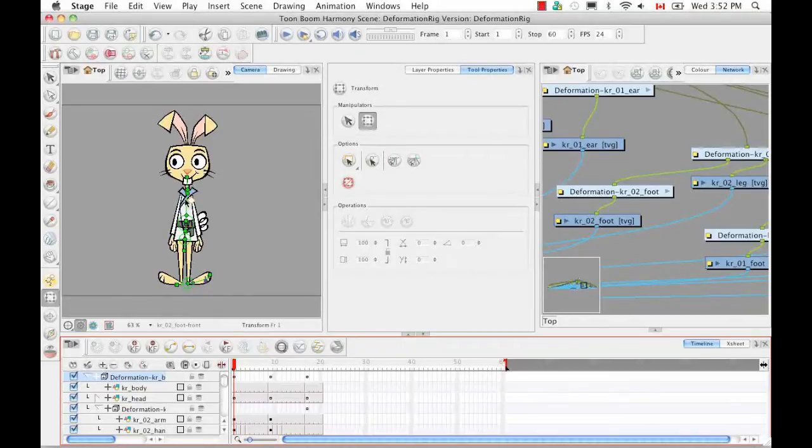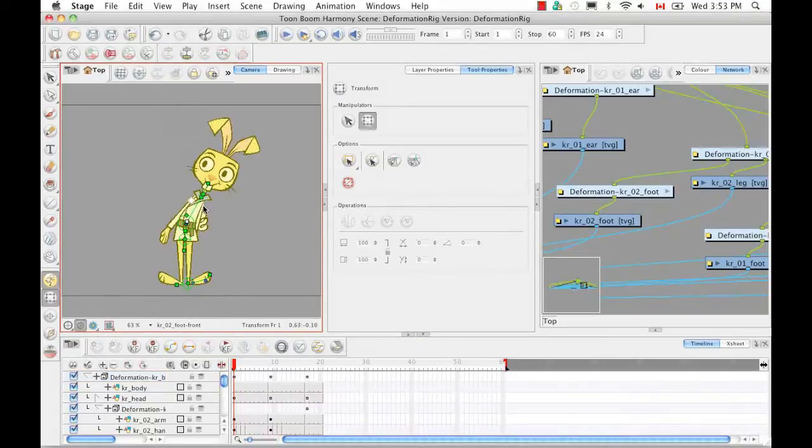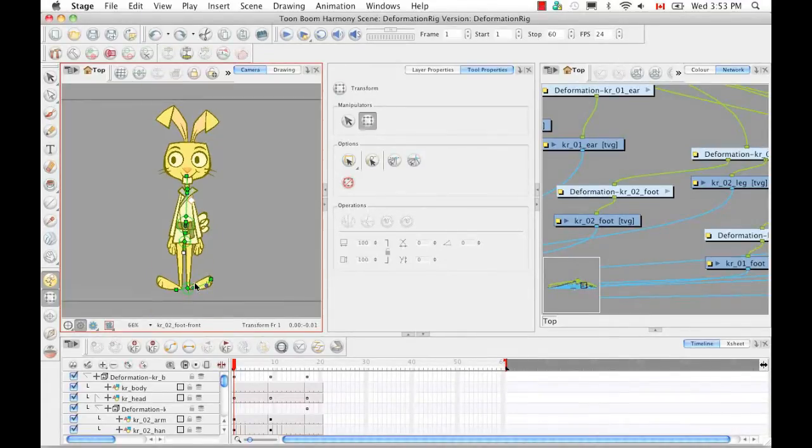Then I'll put the animate mode on so we can create a keyframe. And if I do this, you can see that it's moving pretty nicely. I grabbed the chest bone here, so that's why we're moving from the chest bone. I'm going to undo that. If we zoom in a little bit here,